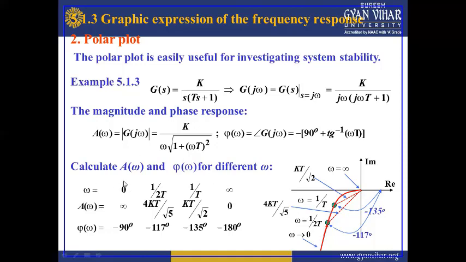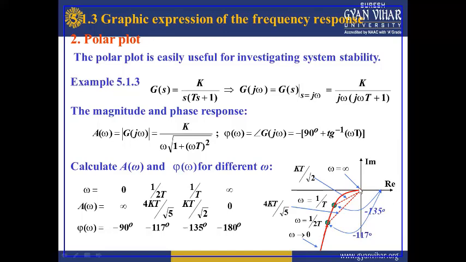That means at omega equal to 0, we have a magnitude of infinity, and at omega equal to infinity, we have a magnitude of 0. So the magnitude of 0 is reached at the origin of the graph. That means we are coming from infinity. The plot is converging at the origin,